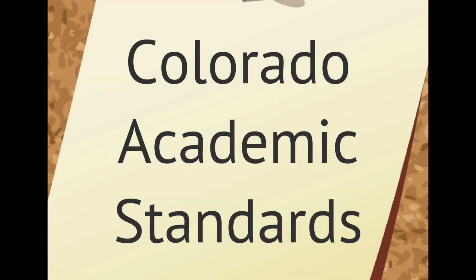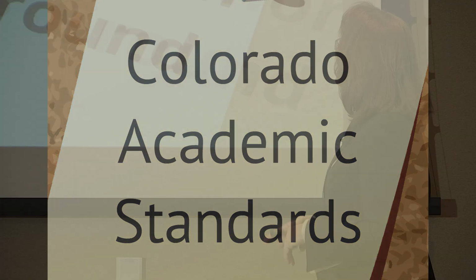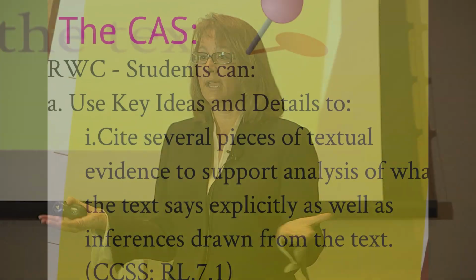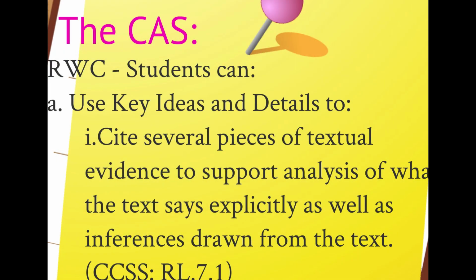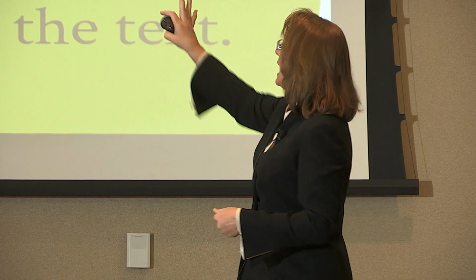So let's start with the Colorado Academic Standards. The Colorado Academic Standards provide a common ground. They are the starting point and the framework that school districts and teachers work from in developing their curriculum. Okay? So I pulled a reading, writing, communicating, RWC, standard, and this is what is called an evidence outcome. You'll notice down there at the bottom, it says CCSS. Does everybody see that at the bottom? Okay, so just keep that in mind for just a second.